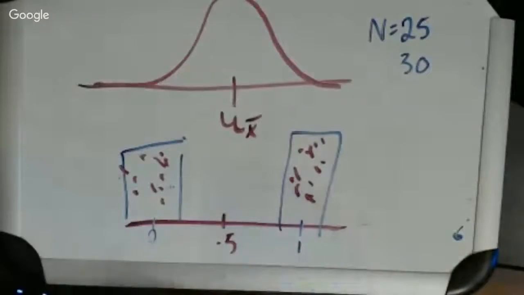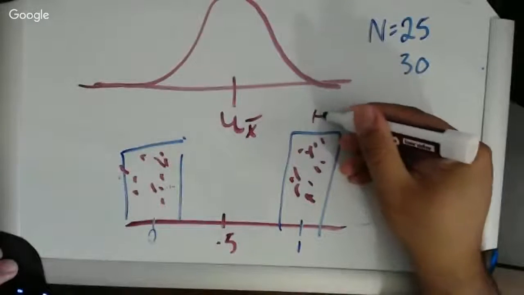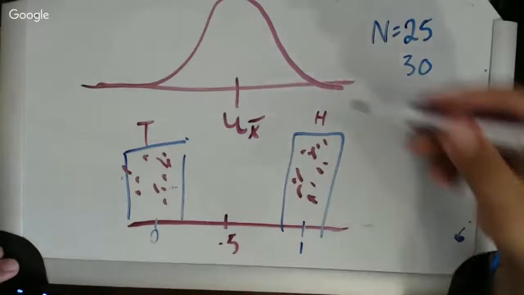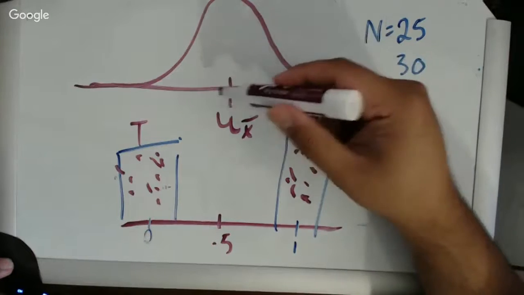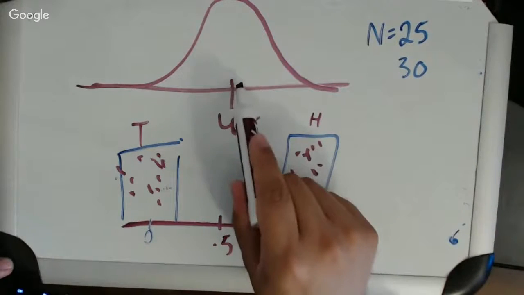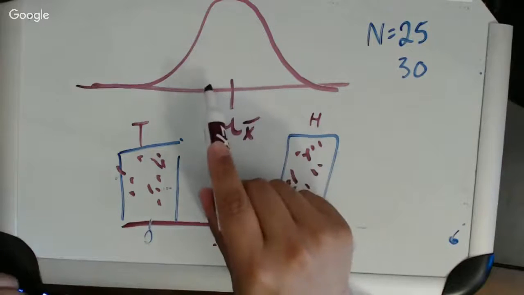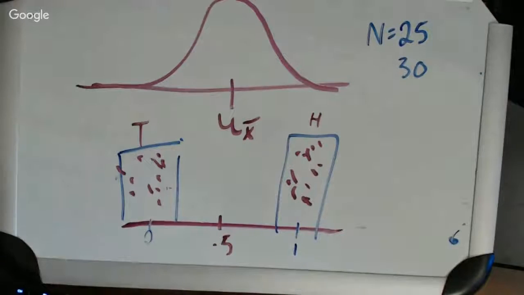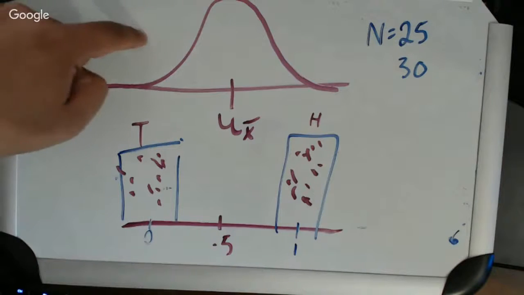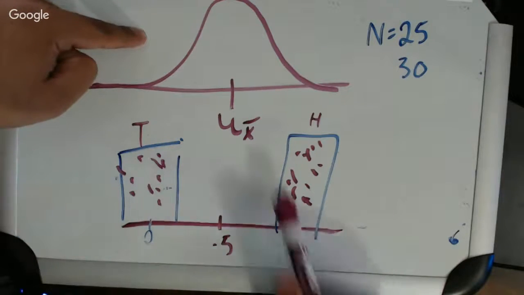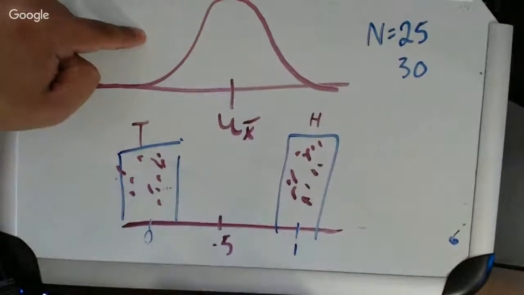Sometimes I'll get a little bit more heads. I think I called this heads, just to keep it straight for myself. So sometimes I'm going to get a little bit more heads than tails, and with an even frequency, I'm going to get a little bit more tails than I got heads. So the sampling distribution of coin flips is normal, even though it is impossible to imagine coin